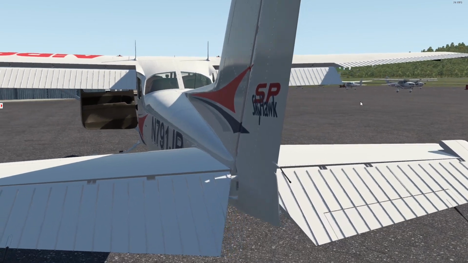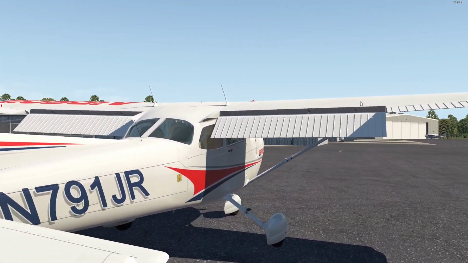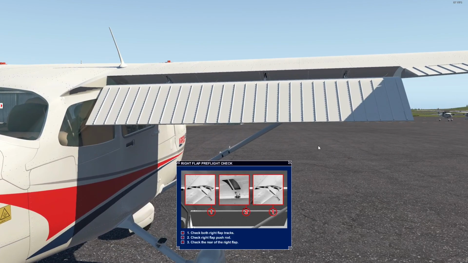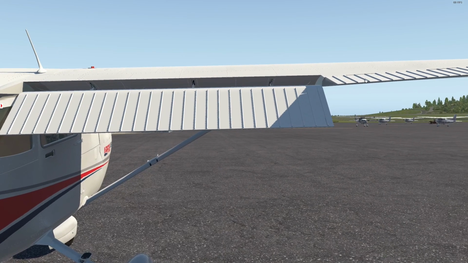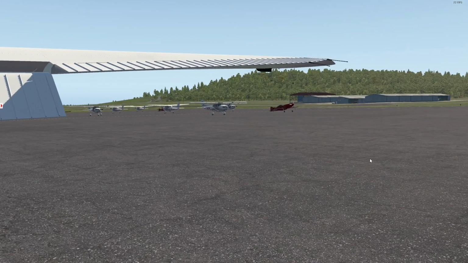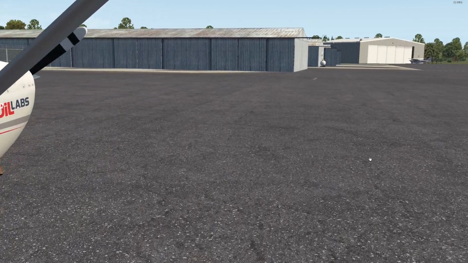Okay. Again, continuing on to this side, everything looks good. Let's go a little closer. Alright, that looks good. And the right aileron looks good as well. Cool. Alright, next let's go